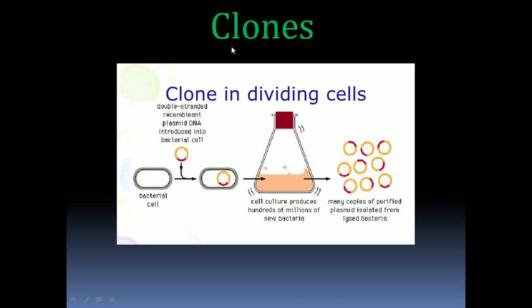So strains may vary in terms of genetic constituent, but clones will be exact copies. So this is the artificial preparation of clones, where you have a bacterial plasmid which has been inserted with one more gene, and it is inserted into a bacterial cell, which is allowed to replicate and give rise to many more bacterial cells with the same genetic constituent. So this is the artificial way of performing cloning. So this is called a clone.